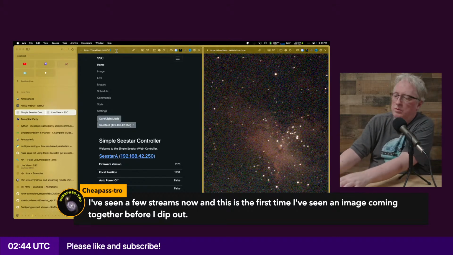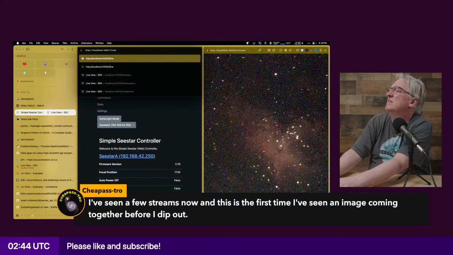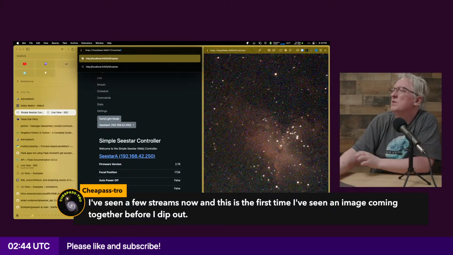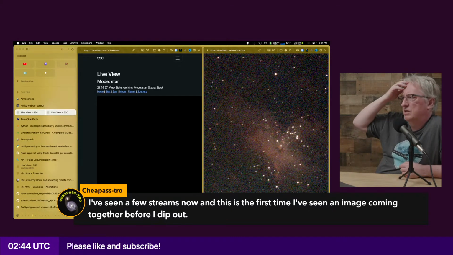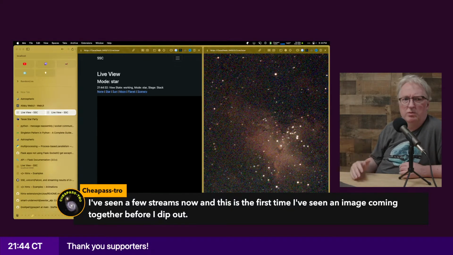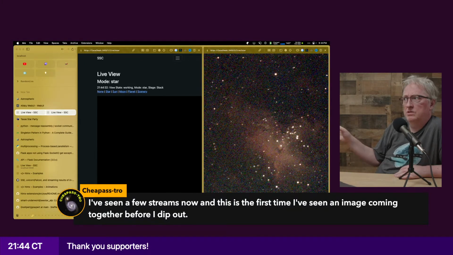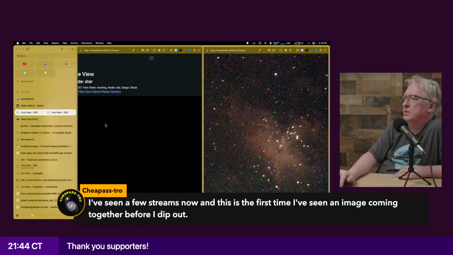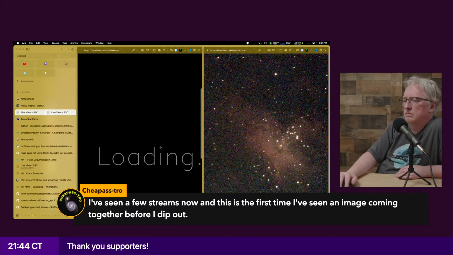But yeah, the thing that I'm kind of looking forward to is using this more when I'm doing my sessions, because previously I couldn't easily show what I was doing, at least on the one telescope. The other one I could always bring up the Seestar app, but now I can bring up both of them.